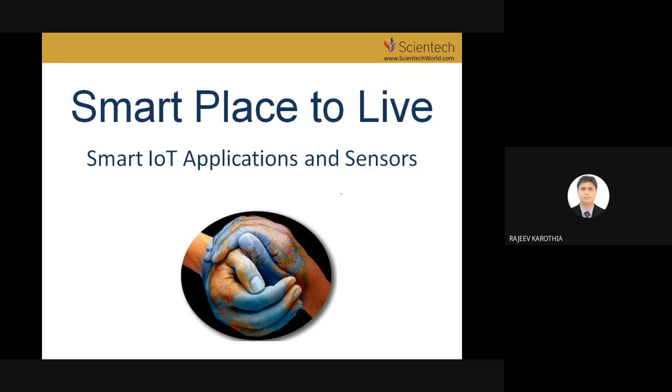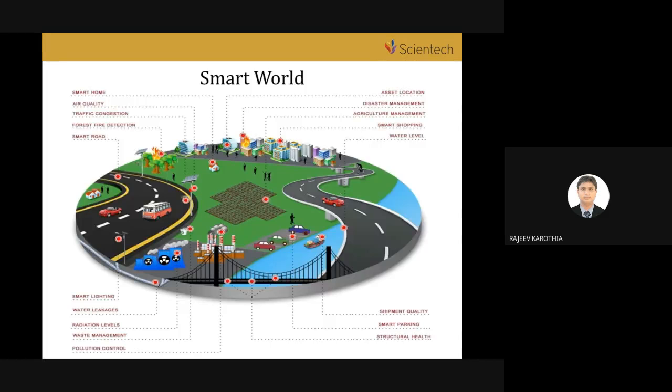Now we are going to discuss the different application areas and the sensors which we are going to use to make these applications smart. With this we can make a smart place to live. Basically we are talking about the smart world, where every process or every segment we are going to make smart by using sensors, smart technology, IoT. So if we are talking about the smart world, there are smart home,